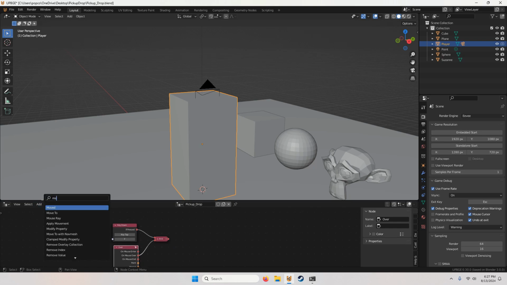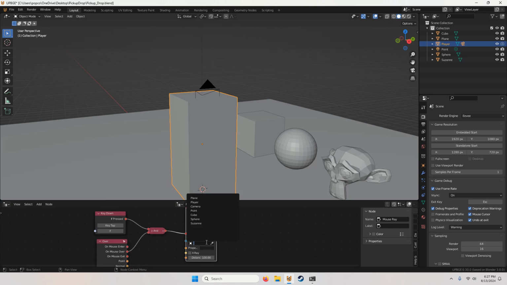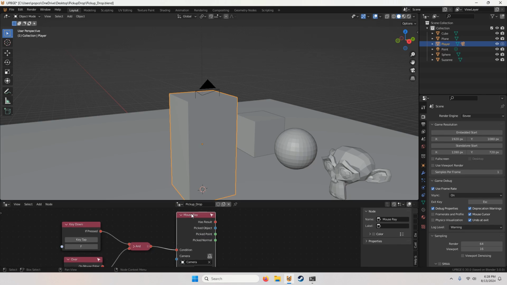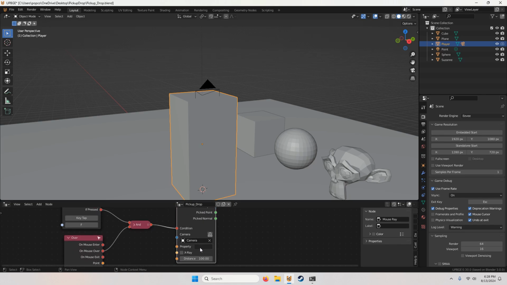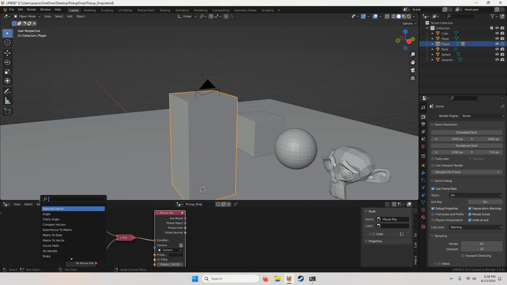Next we'll need a mouse ray. So this is the distance between the player object and the pickup item objects. And leave the property under mouse ray blank. Now we'll need a set property.